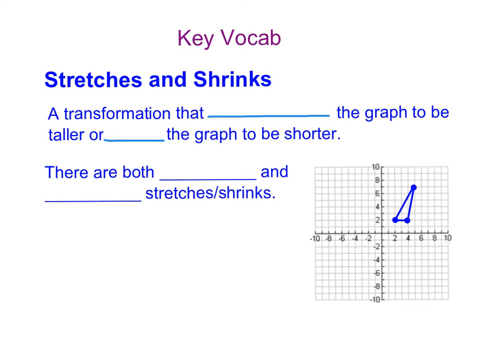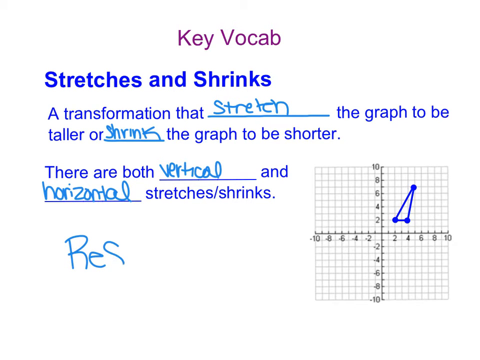In this video, we'll be learning how to write functions that contain horizontal and vertical stretches and shrinks. By definition, a stretch or a shrink is a transformation that will either stretch the graph to be taller or shrink the graph to be shorter. And there are both vertical and horizontal stretches and shrinks. These are the types of transformations that actually resize the shape rather than just moving it around